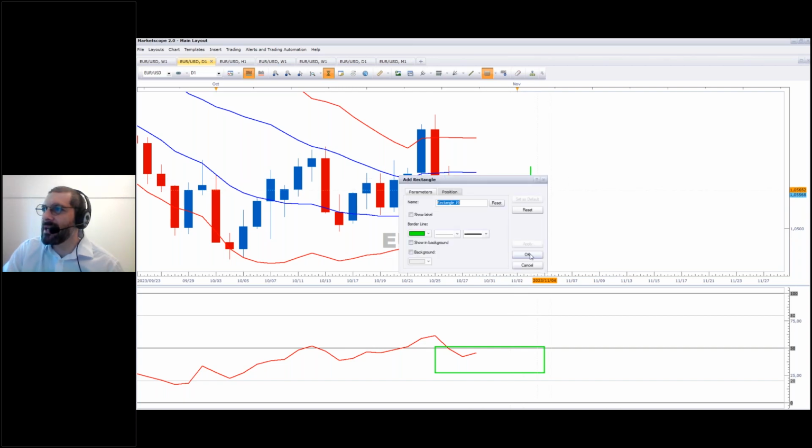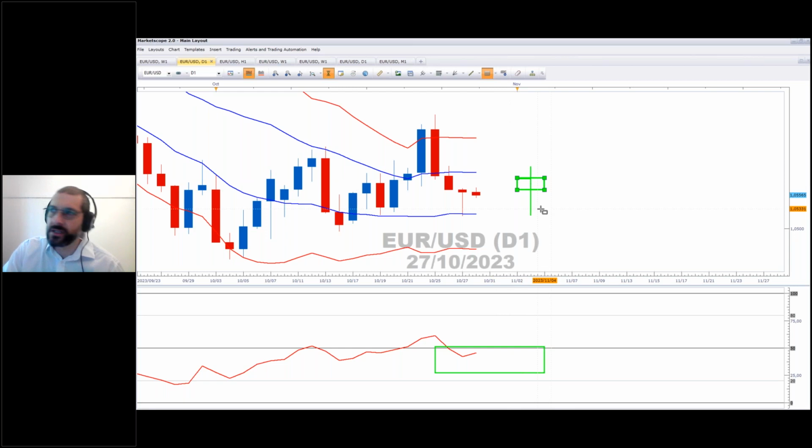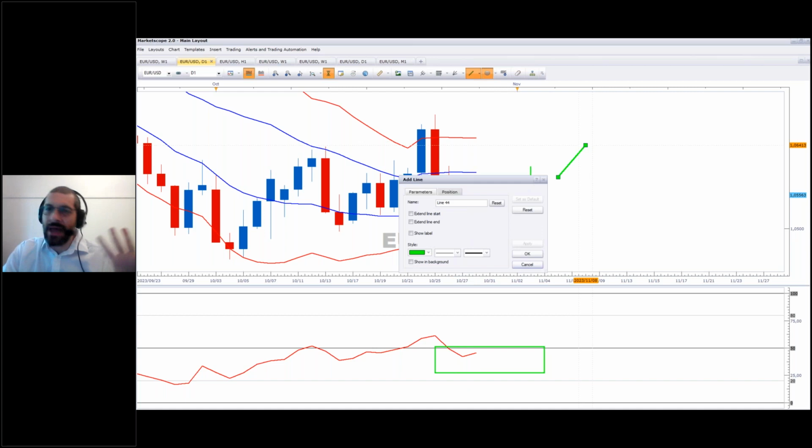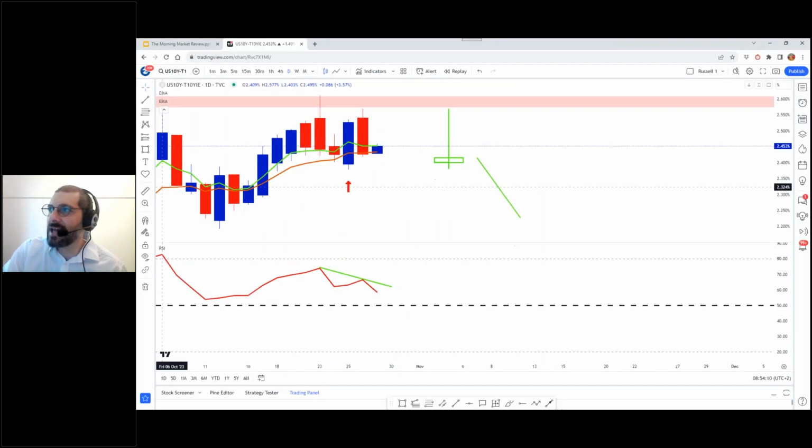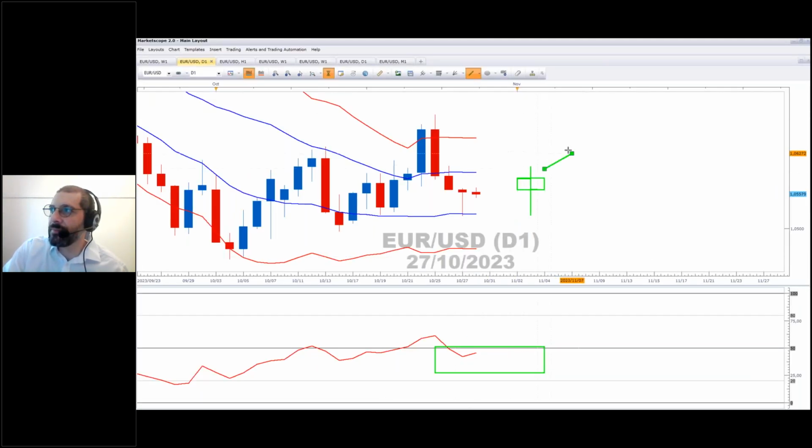Again, perhaps a spinning top. What I do note is that we do have a stronger tail on the downside, perhaps suggesting some sort of upside strength. Perhaps, again, difficult to tell. It is, at the end of the day, a candle of uncertainty. But if we do have this bias to the downside in real rate, then I don't think a bias to the upside on euro is impossible. I think it's quite probable, in fact.